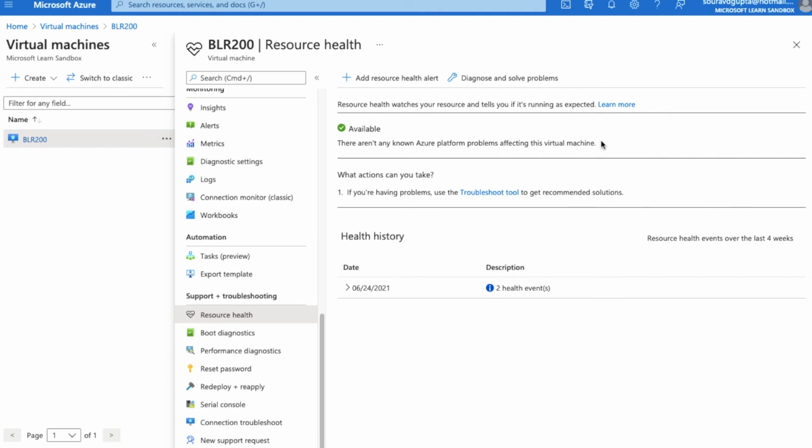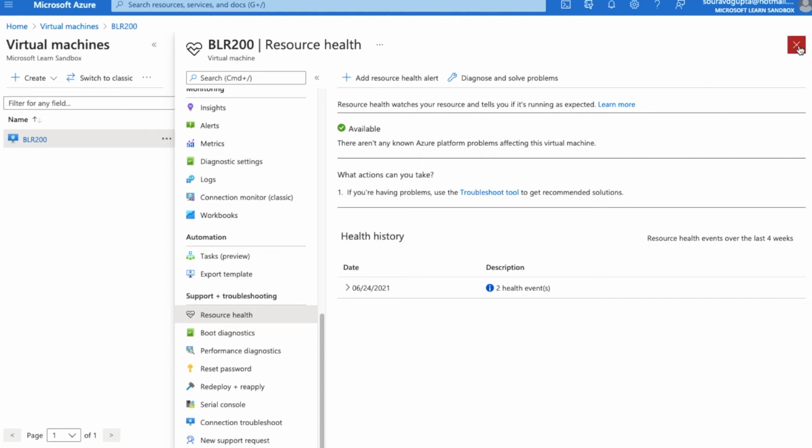So by this message we can understand that there is no problem from the Azure environment side. From the Microsoft Azure point of view, there is no problem. So this is the fourth step that we can check before proceeding to the fifth step. After this also, if the user is not able to access the virtual machine through RDP, we will proceed to the fifth step. Fifth step is resetting the password of the local administrator.